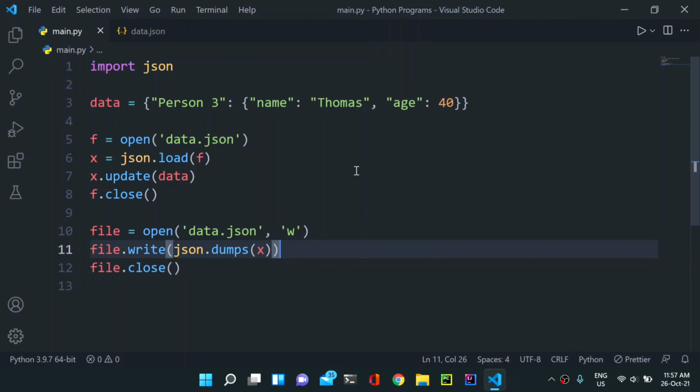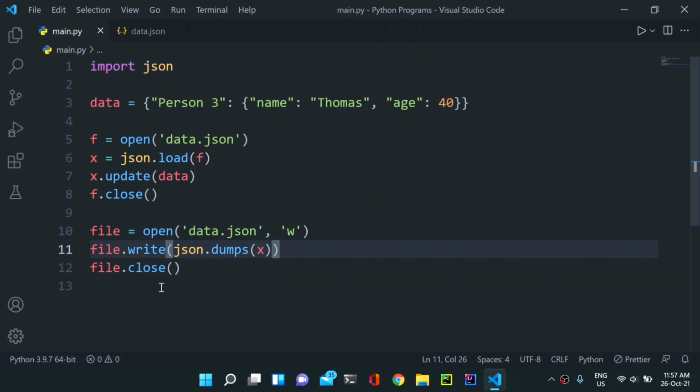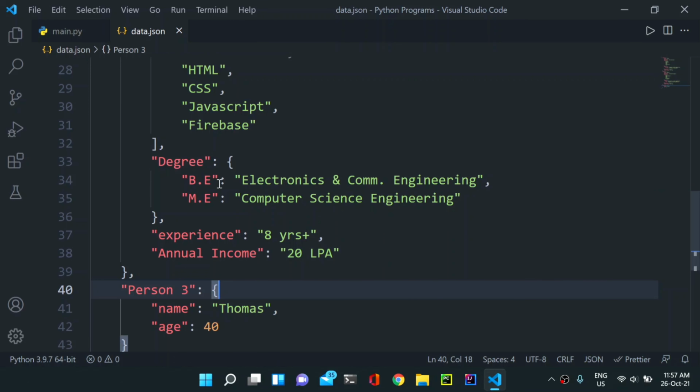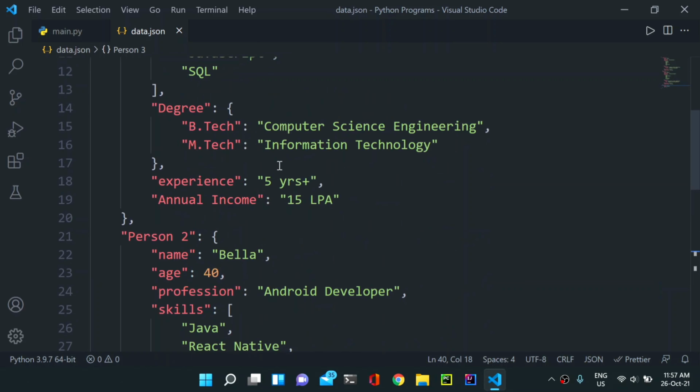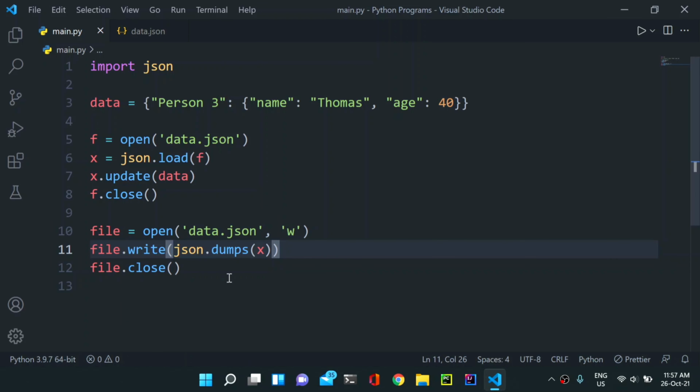Due to those errors, this file was being overwritten by our file.write method. So our file was being overwritten by file.write, and that's why our file was being emptied again and again. All the text from our file was being deleted whenever we ran the code.